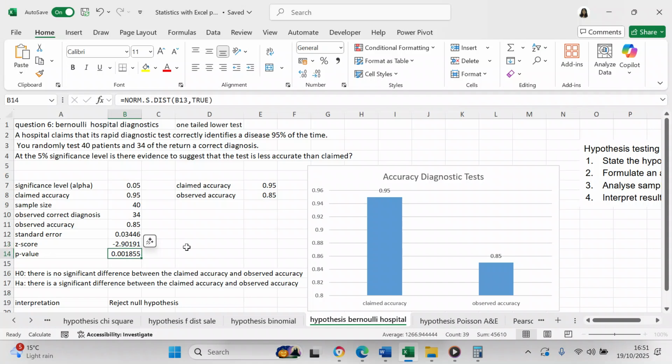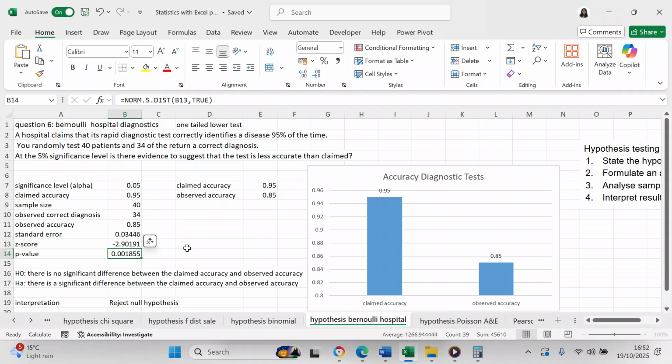So we're going to take our p-value. It's NORM.S.DIST, and S means it's a sample. Brackets B13, that's your z-score, and it's true. So we take the z-score, and you get a p-value of 0.001. So because 0.001 is less than 0.05, you already know that you're going to have to reject the null